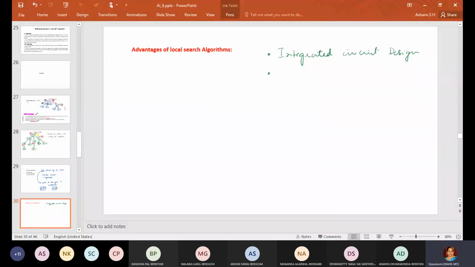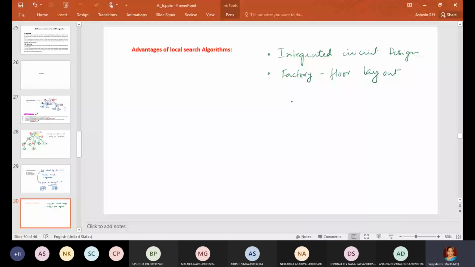Finally, what is important for us is the final IC which comes out, which we have designed. We are not bothered about the intermediate steps. Final interest is the final outcome of our search. Then factory floor layout design.